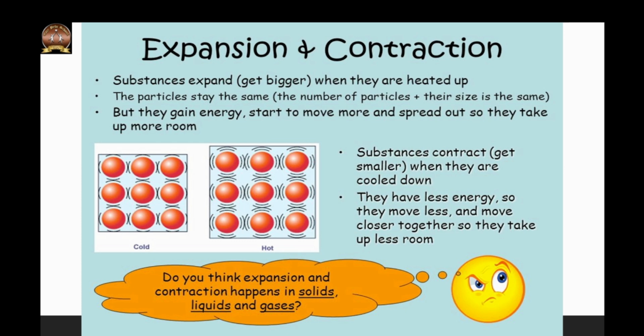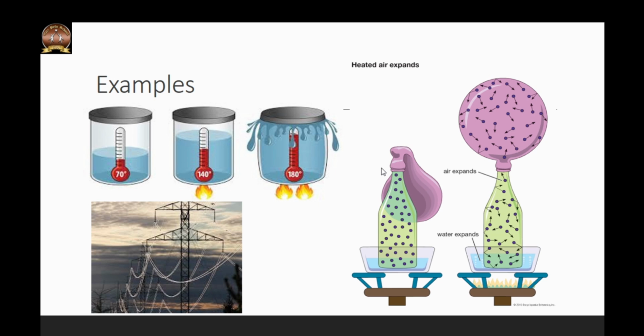Now, do you think expansion and contraction can happen in all three states of matter, solids, liquids, and gases? Let's see some examples. You could try this experiment. Attach a balloon by its mouth to a bottle and then place the bottle under some heat. You will see that the balloon automatically blows up or becomes bigger. This is because the gas inside the bottle gets heated up, and when gas heats up, it expands. The molecules spread out to find more space, and this causes the balloon to become bigger in size.